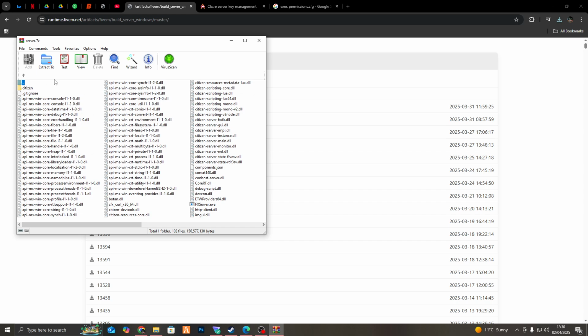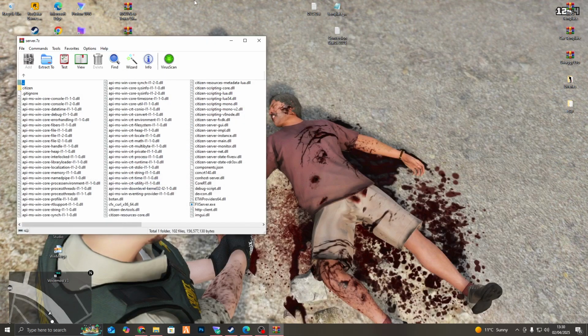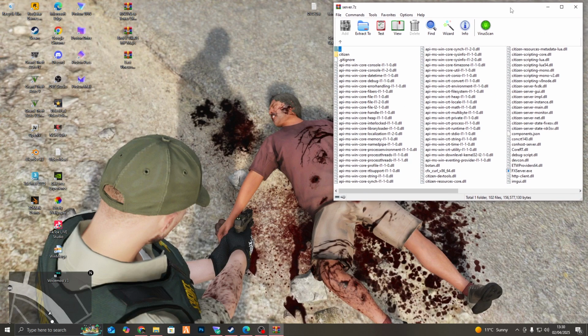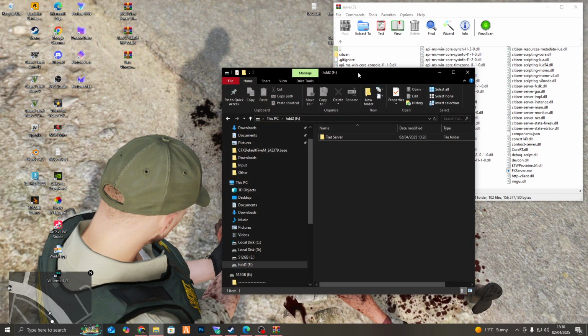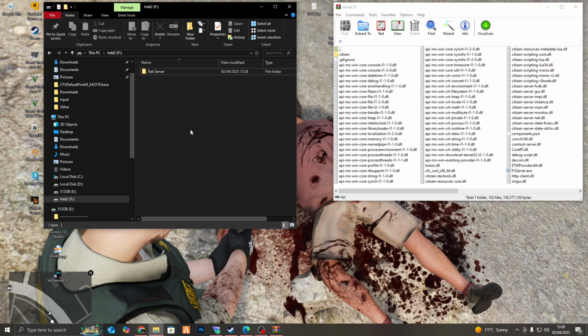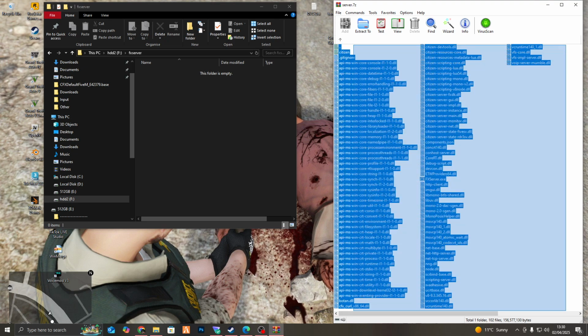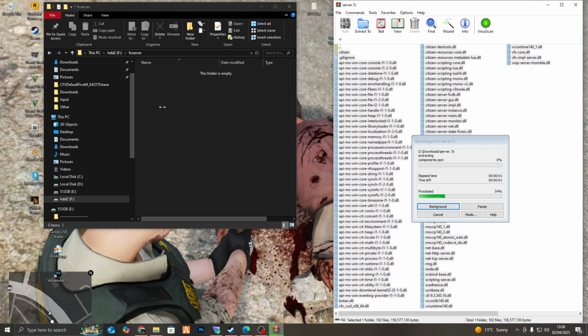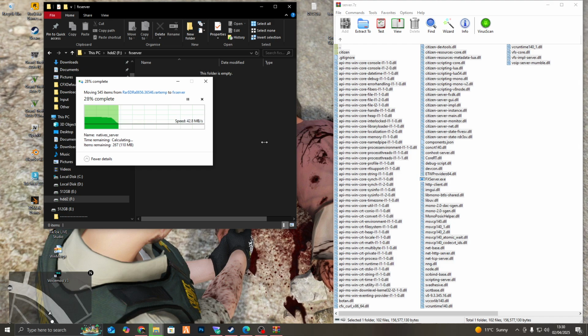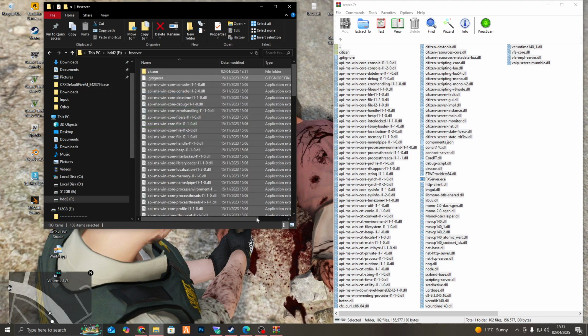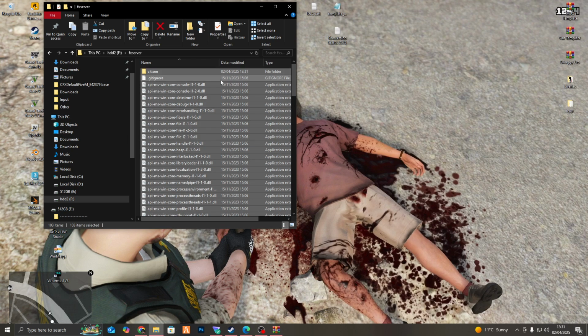So what we can do with this is let's minimize our browser, and we want to have File Explorer open. Now, you guys are going to decide where you want to put your server. I'm going to put mine here. So, create a new folder, and for the sake of this, I'm just going to call it FX server. Boom. Now what you guys can do is get everything in here and drag and drop it in this folder. You guys don't have to call it FX server, but just for the sake of this video, that's what we're going to call it. So now minimize our RAR file,